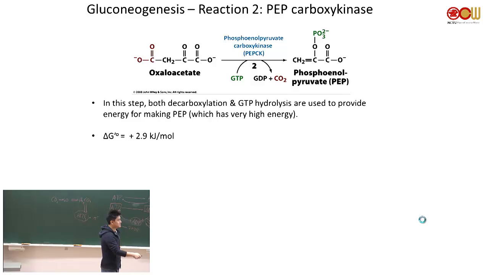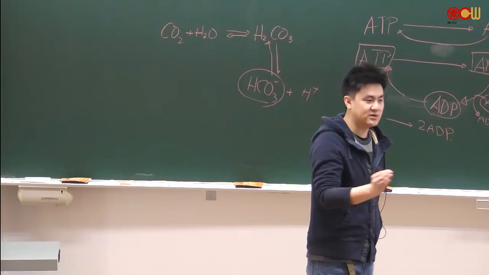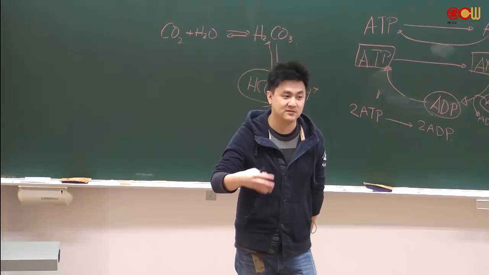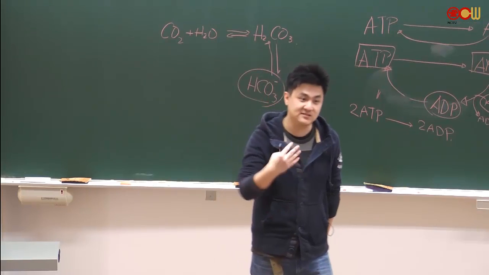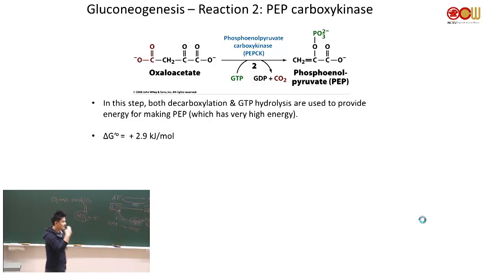Okay, one of the driving forces is we're going to consume ATP. Another driving force is decarboxylation. Okay, why is decarboxylation a very good thermodynamic driving force? Because CO2 is a gas, it leaves the system. So then you're always pushing in this direction. So any step that kicks out CO2 is usually very favorable, and typically irreversible.